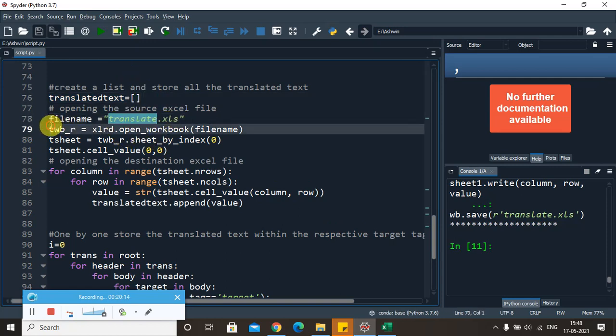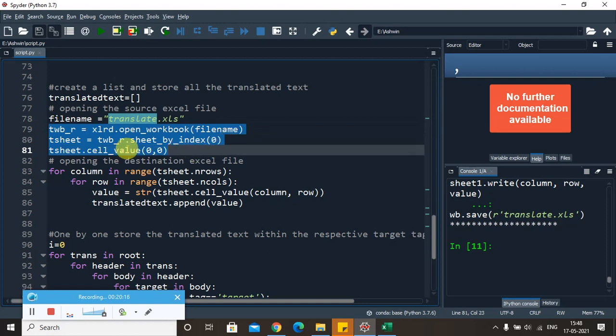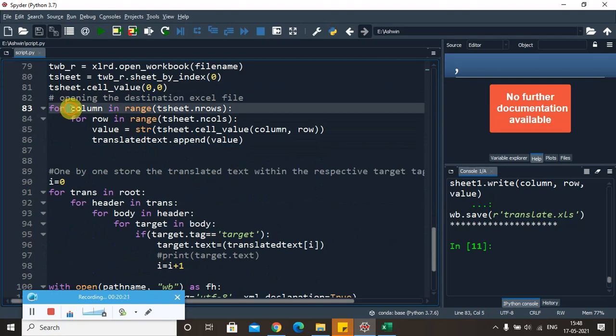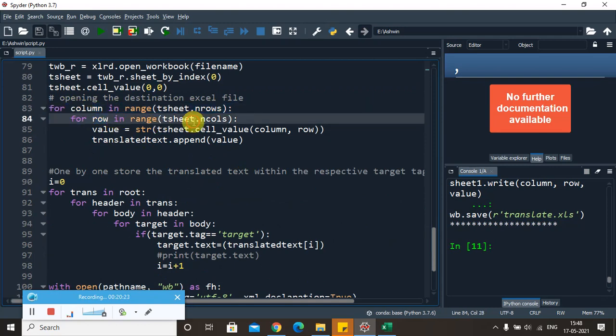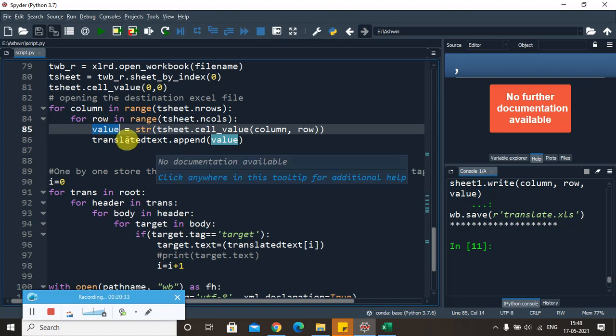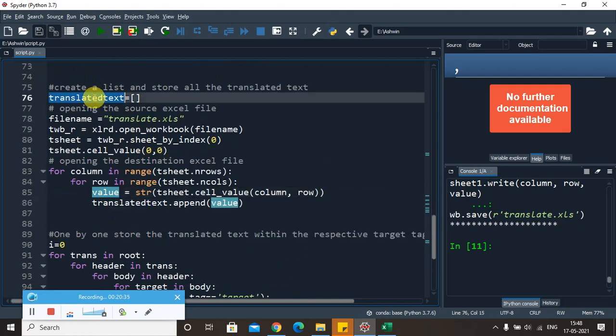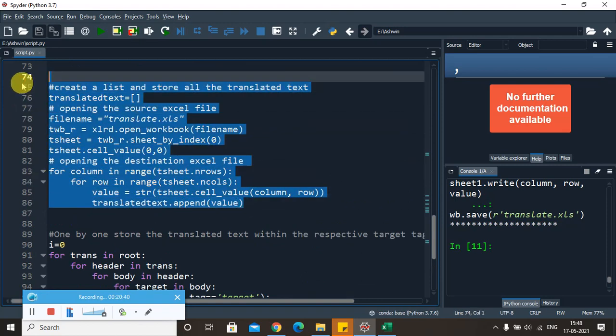I opened that file and went to the cell value 0, 0, and across every column and every row, I copied the values one by one from that Excel file, stored each in a value here, and appended them one by one to that list, translate text dot append. So this procedure takes one by one value from the translated Excel file and stores it in a list.